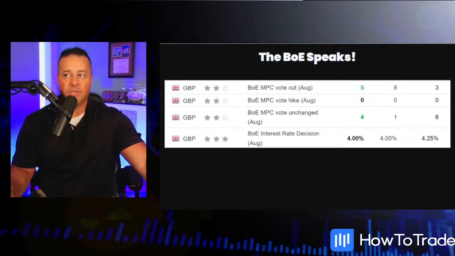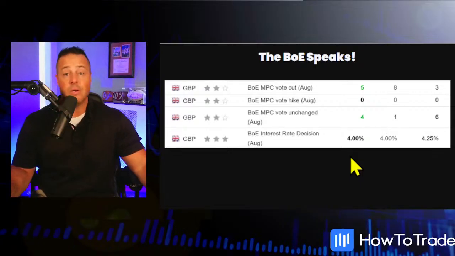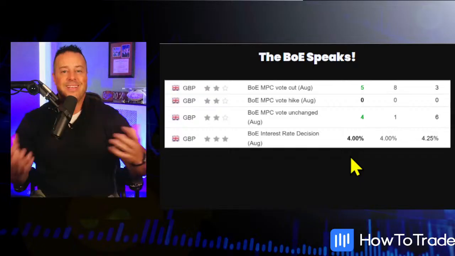Even though they cut interest rates, we talk a lot about forward guidance. Well, this is what it's all about, guys. You cut interest rates by a quarter point. Now, the idea there was, hey, listen, we're going to put more money into the system. We're going to stimulate economic growth by making our lending rate lower. That's easy. That's supposed to devalue the pound, right? There's going to be more pounds in the system, and they're not going to be worth as much. Well, here's the issue, though.